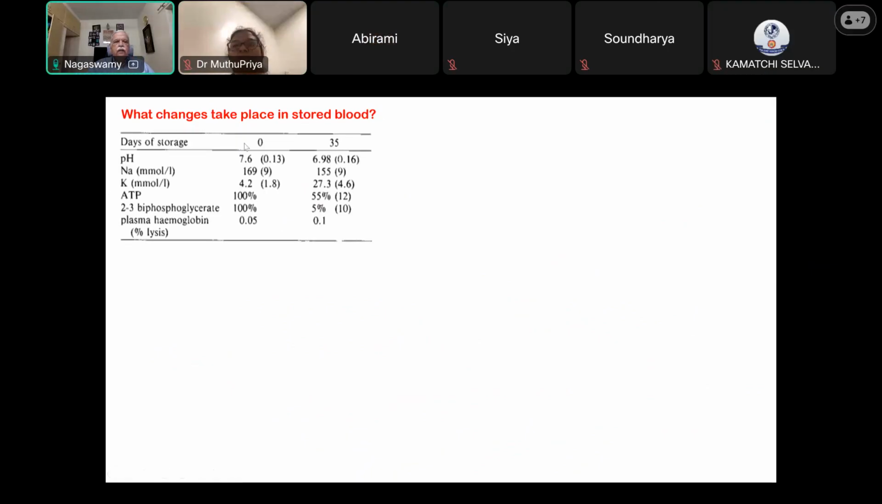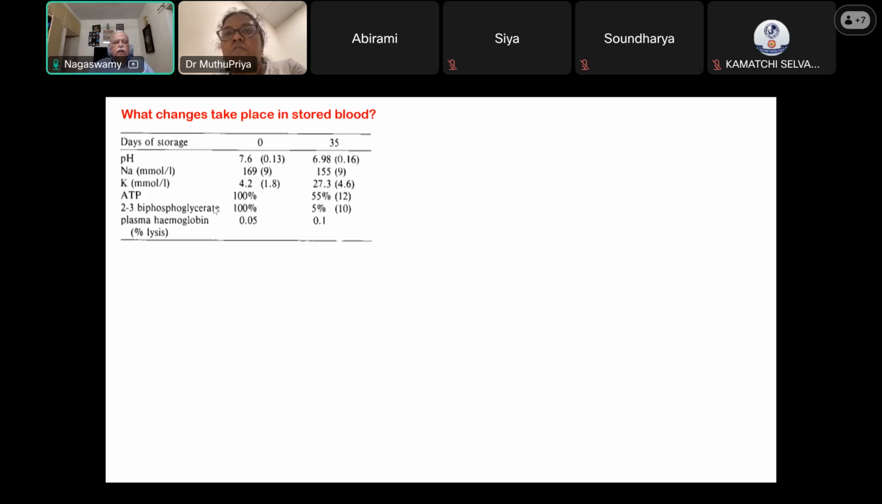So what changes take place? This particular thing is given in days of storage, 0 to 35. You can see the pH. First change that happens is the pH, where it will be gradually going on to the acidotic phase, starting from a slightly alkaline to acidotic phase. And you can see the sodium is very high initially because of the adjuvants we mixed with that. And potassium, you can see from the normal value increases to almost 6 times the value from the days